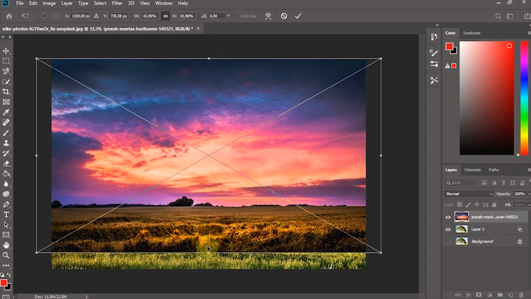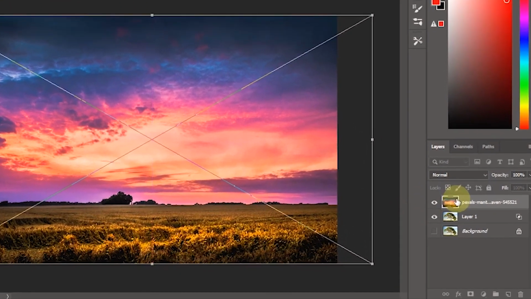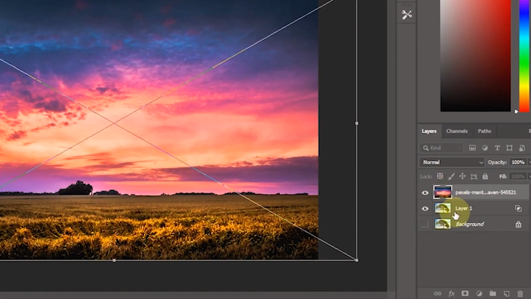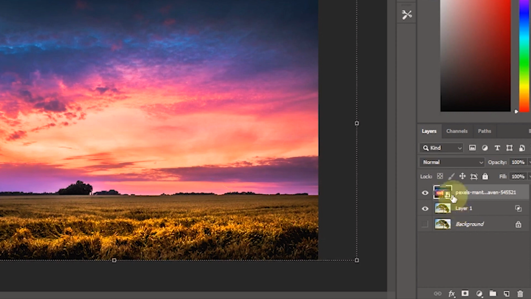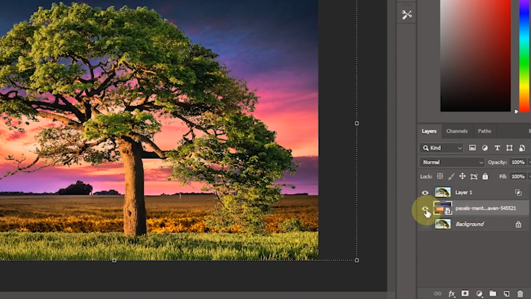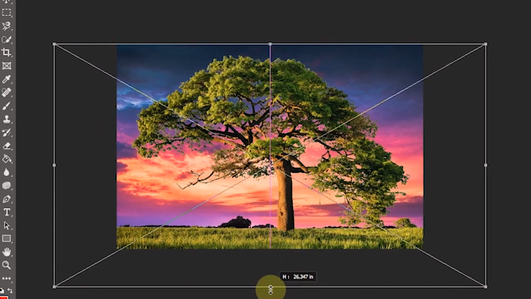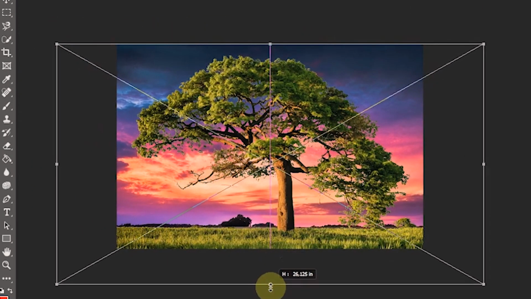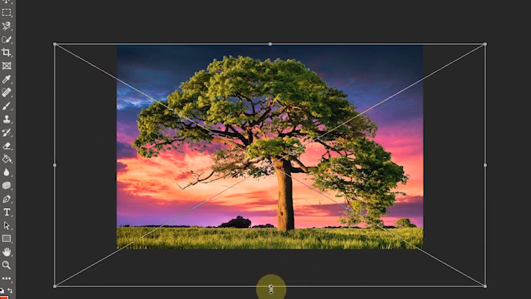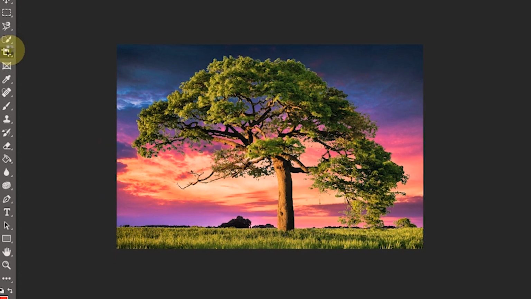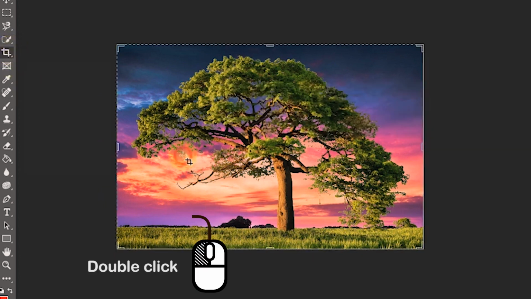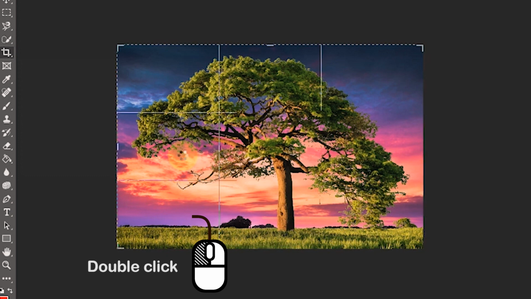Customize new sky photo. Then move the new sky photo layer under Layer 1. If it's still not right, adjust the scale and position again. To cut out excess areas of the photo, use the Crop tool. Then click 2 times on the new sky photo layer.